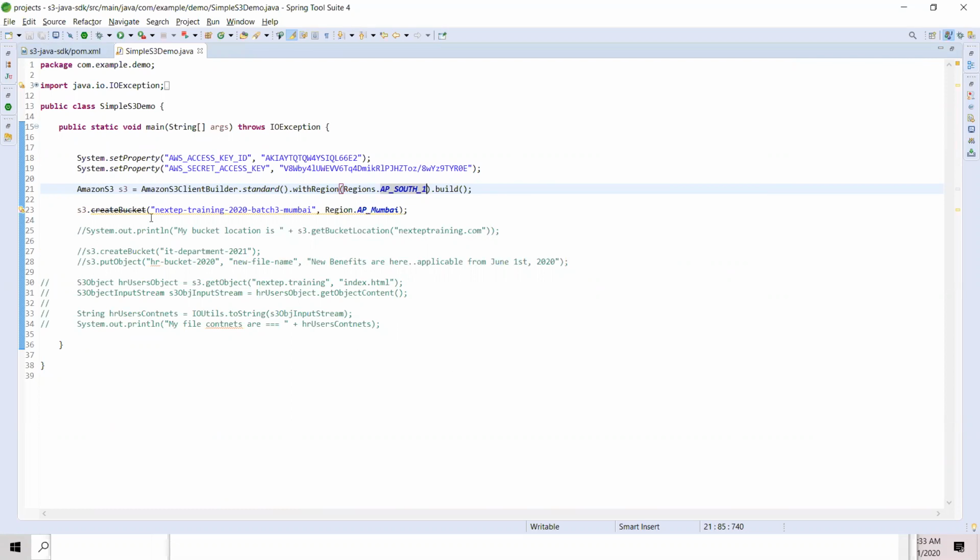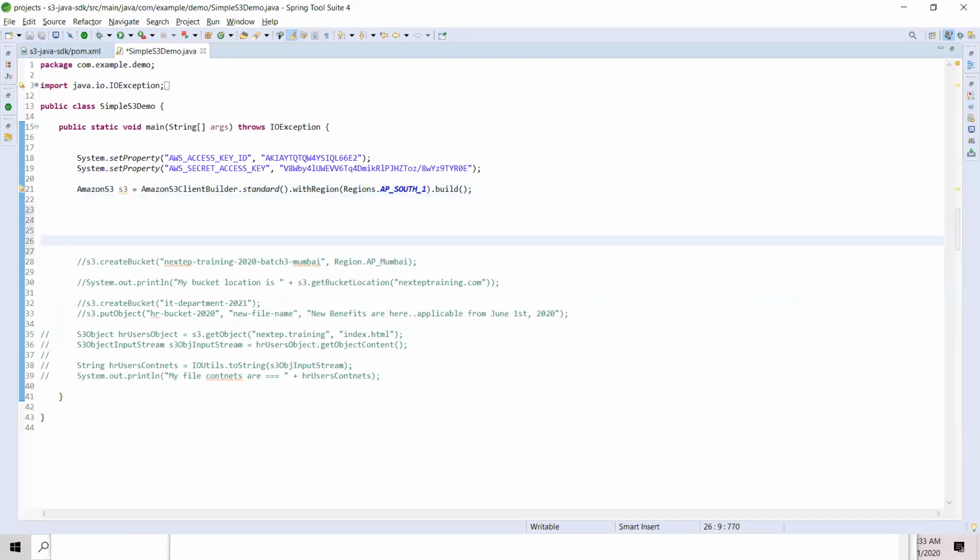an object. I already created a bucket. Now let's go ahead and get the bucket and upload a simple file with the content itself.